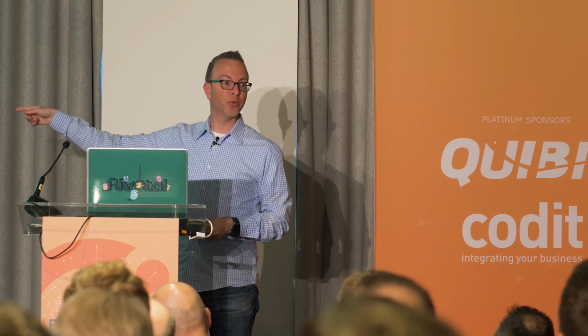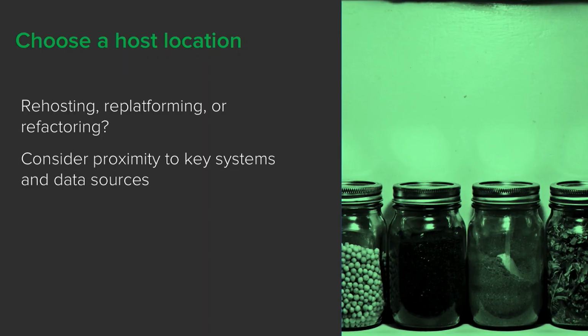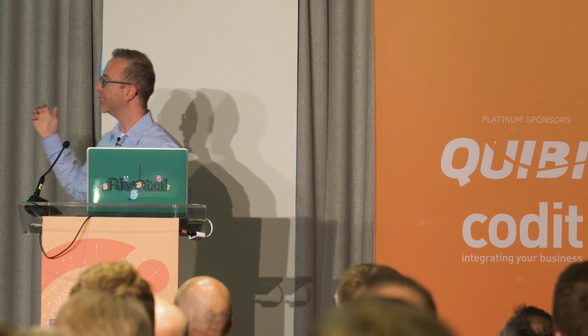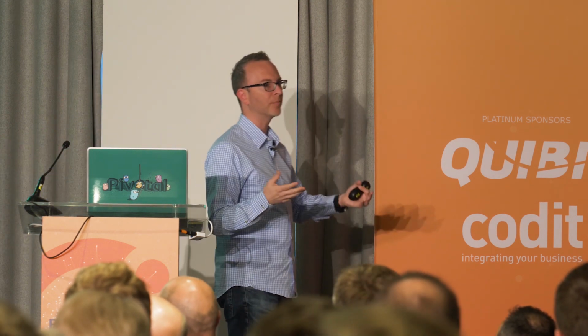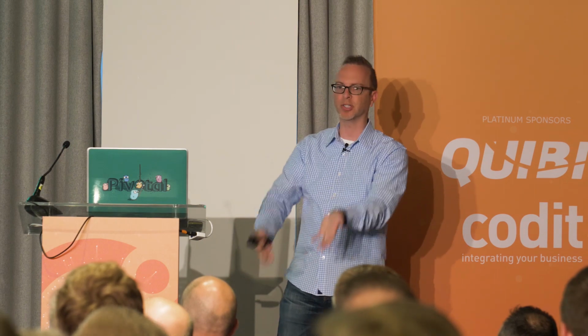Make sure we're trying to move things together, right? The hard part with a lot of customers that I've noticed, or a lot of companies, is if you just move one piece, you get penalized with this giant latency of, hey, the app server's over here, database is over here, performance is awful. How did that happen? Stupid physics. So what I need to do is figure out how do I move some of the data systems with the integrations, with the apps, right? How do these things move together? Because if you have migration efforts that just move all your app tier and then your data tier and your integration, that's going to be in a weird state for a long time.